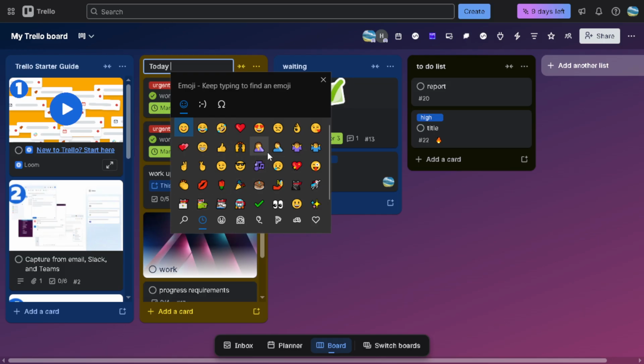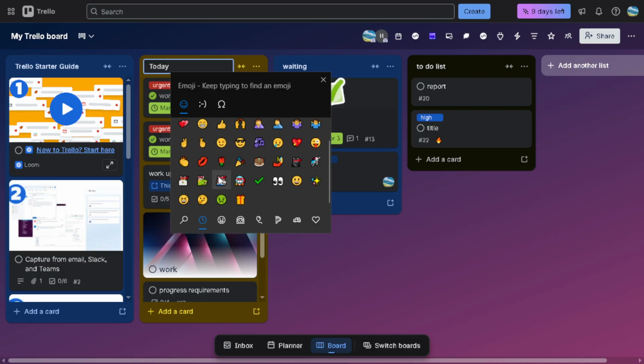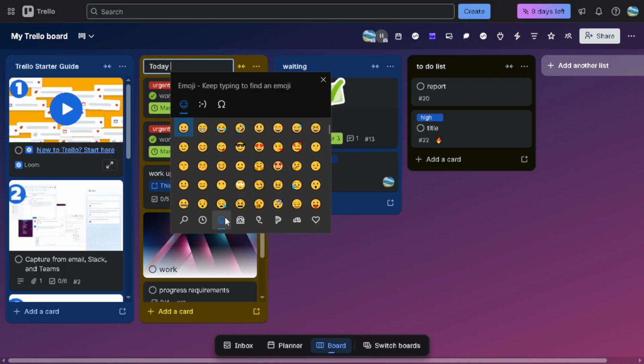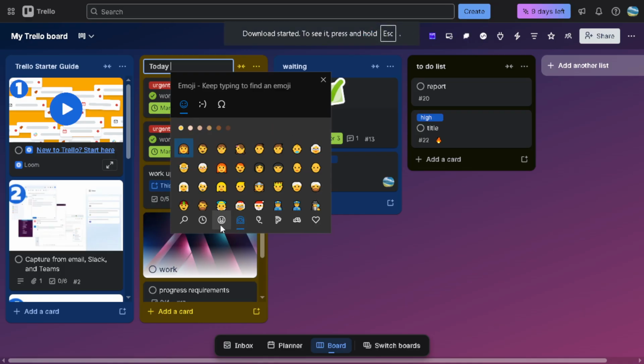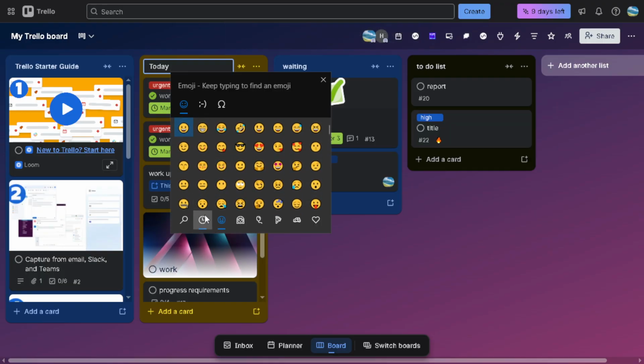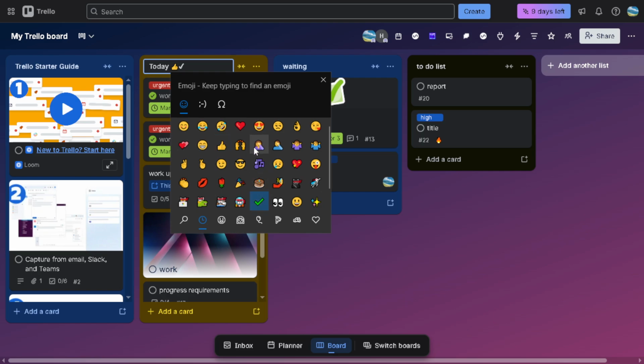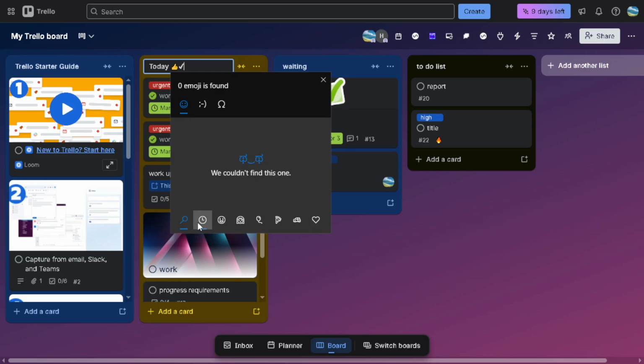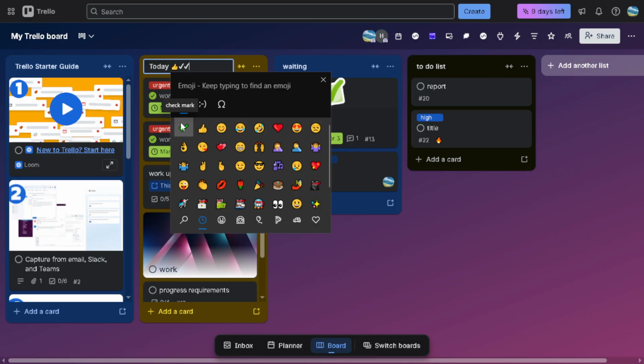Now that you've called up the emoji picker, it's time to select and add your emoji. You can scroll through the emoji palette to find the one that fits your task or list category. For instance, if you want to highlight an important task, you might want to use the pushpin emoji. If it's something that's already been completed, maybe a checkmark emoji would do the trick. You also have the option to use the search function within the picker to quickly find the emoji that you have in mind. Once you see the emoji you want, just click on it and it will be instantly inserted